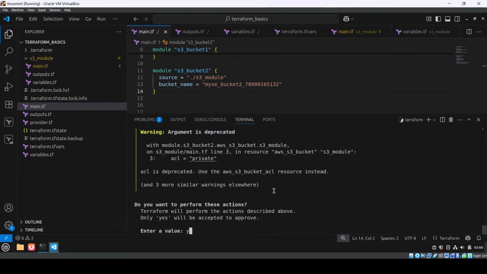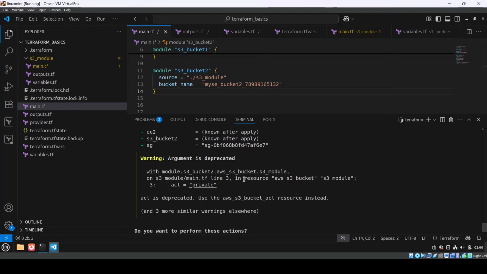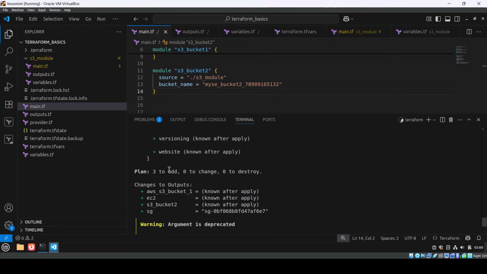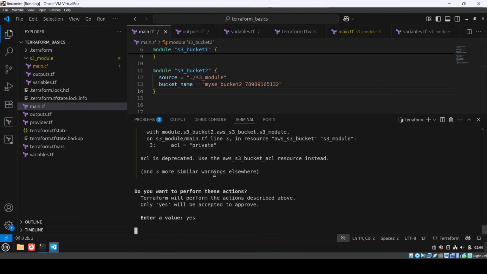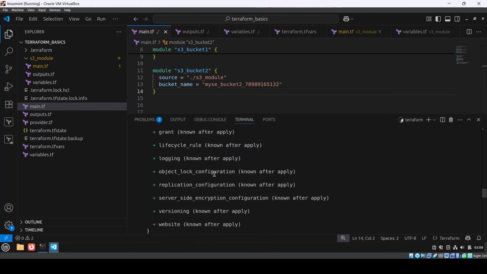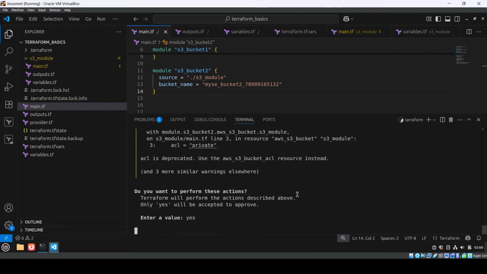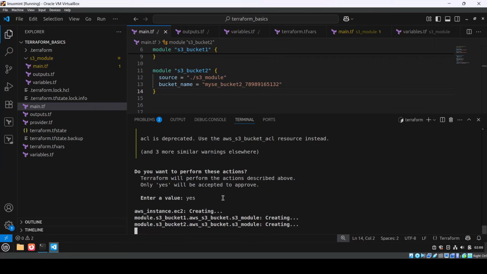Okay, it's asking me whether to add three more similar resources or not. Yes. You can see the changes to outputs; the plan is 3 to add, that's all you can see. Okay, give yes. And you can see the instance is getting created, both buckets, and you can see here the module they're using is S3